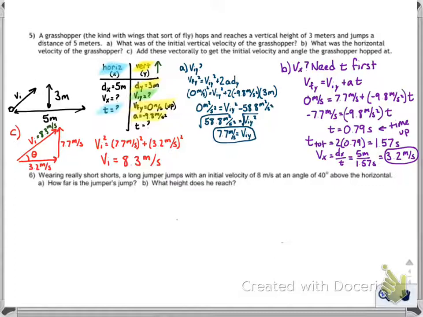Great. But it also asks me to find the angle that the grasshopper hops at. So to find the angle, I'm going to use the two values that I started with, my 7.7 and my 3.2, and I'm going to set up my trigonometric equation here for the inverse tangent of 7.7 over 3.2, because we know,